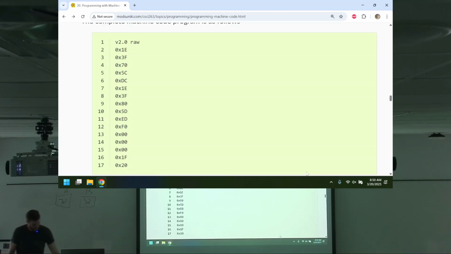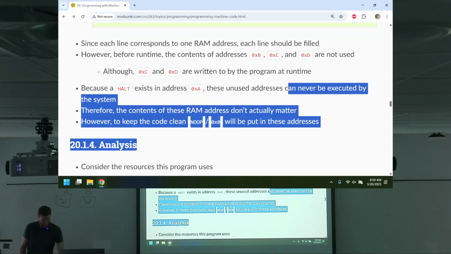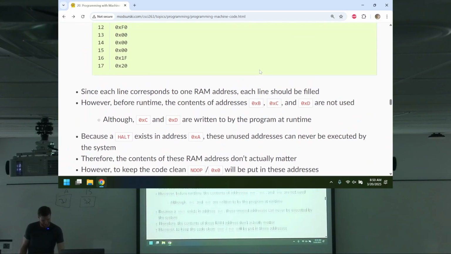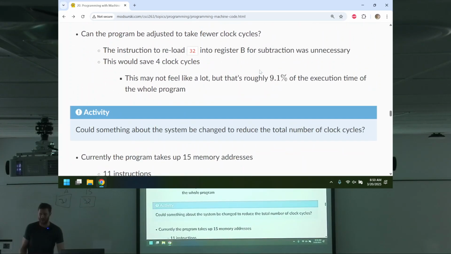However, that comes at a cost of almost 10% of the runtime. There's a trade-off: make the machine code more self-descriptive, or save time. Now,